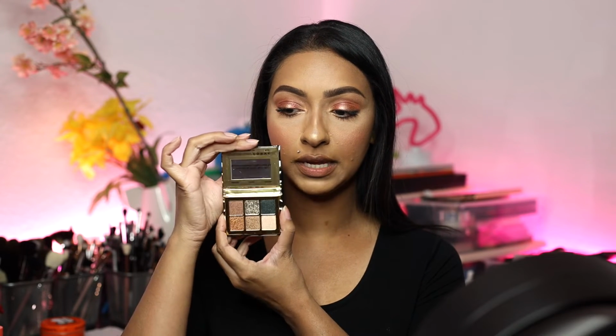I don't keep up with Lorac. I have two of their palettes, one which she sent me a long time ago, and I just haven't really kept up with them, but I do like the stuff I previously owned. So I'm really excited about this palette. Look how cute and little it is. I like the little zebra print, but the colors in here are so sparkly and pretty, and I'm just really excited. All she said to me was, I got you something really sparkly,